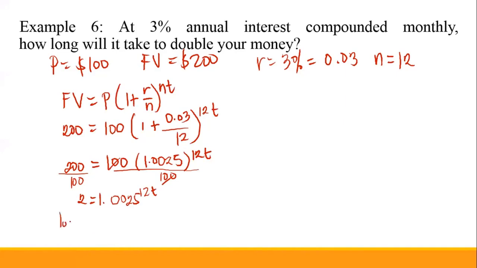So we have log 2 equals log 1.0025 raised to 12t. Alright? And then take or use property 5 to rewrite the problem. So this is now log 2 equals 12t log